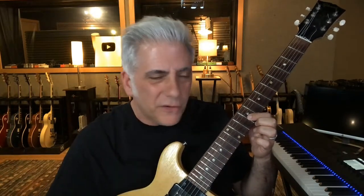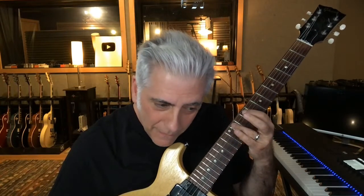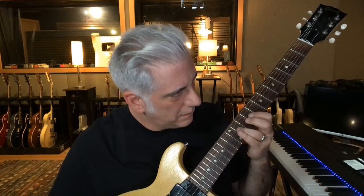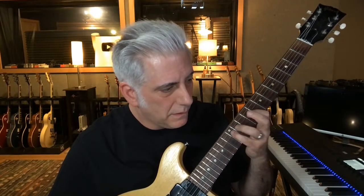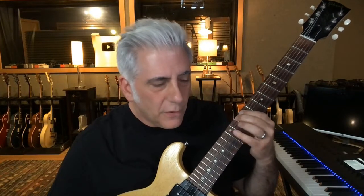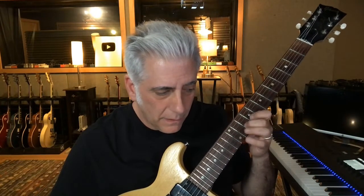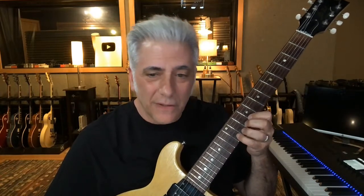Okay, so closed position here. There's our sharp 4, and I like to kind of think about those notes as I'm playing them. The notes that are important in the scale, the sharp 4 in Lydian. Don't forget about tone as you're playing it, vibrato. Don't just run up and down the scale. Play the scale with dynamics. And if you want to add the other available note,